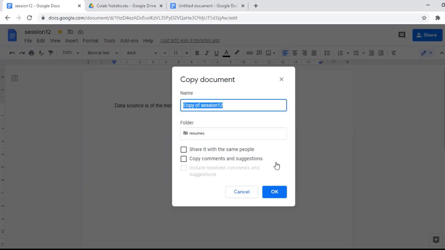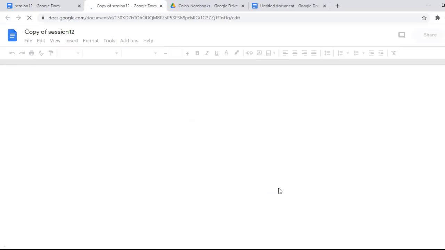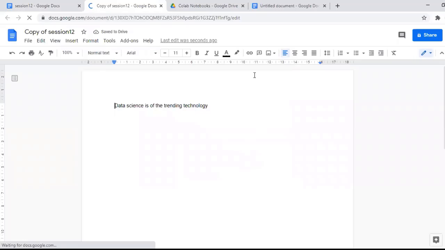These are some of the permissions which help you for security purposes. So I am just clicking on OK. The Google document has been copied to my drive or to the required destination, right?